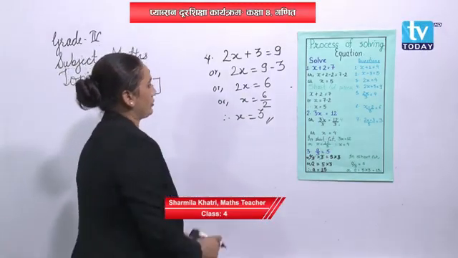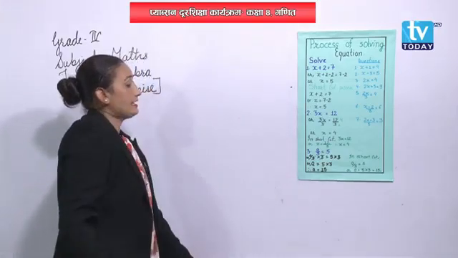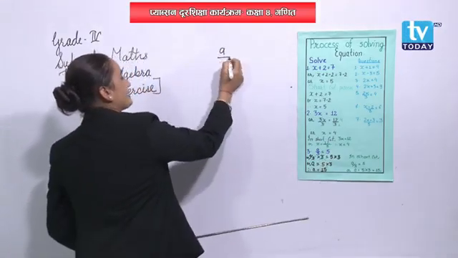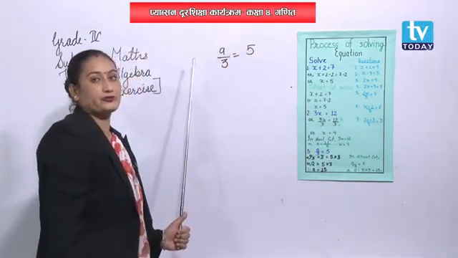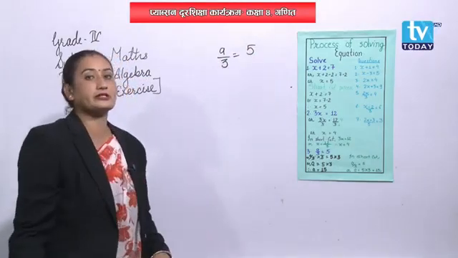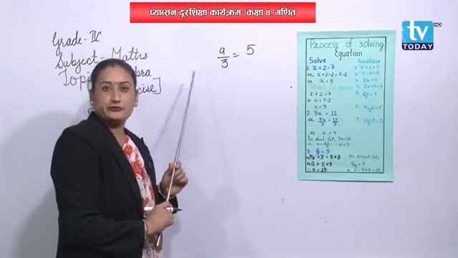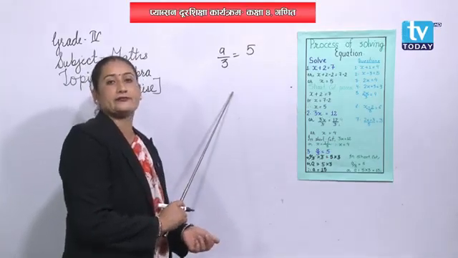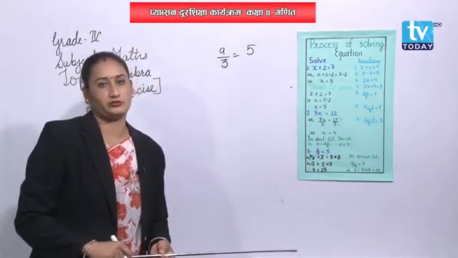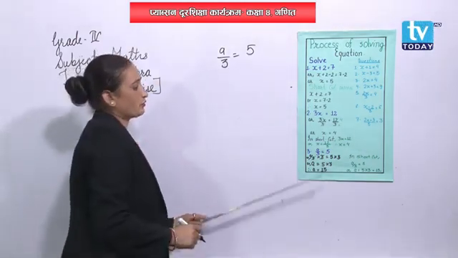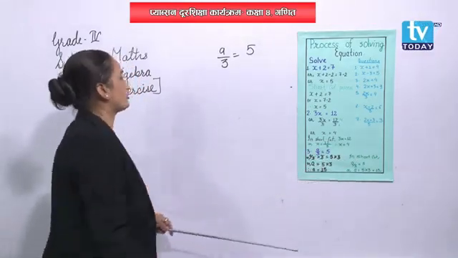In question number 3, the much more important thing is here. That is, when a is divided by 3, a by 3 equals 5. Let's solve this equation. How to solve it? Before, it was in the multiple form, now it is in the divide form, right? So this will go for multiplication. I will show you here. Long process and short process, both of them are shown over here. You can do the same thing.